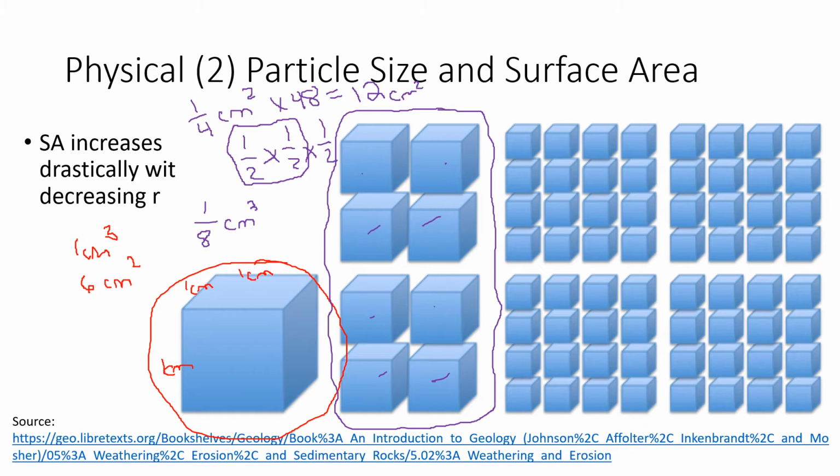Okay, so all I have done, I've not changed the total volume of rock that we have. We still have 1 total cubic centimeter of rock, but I have essentially doubled my surface area. And the surface area is going to be so important for weathering processes. So by chopping it into smaller cubes, I have drastically increased the surface area. And if we could take that a bit further, and I'm not going to try to write this out with the mouse here because it gets really frustrating, but these are 1/8, so basically I've cut it. So I cut it originally. Go back to the purple.